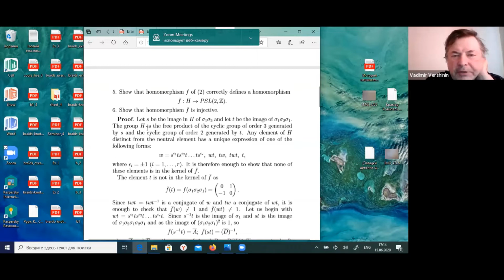And the group H is a free product of the group of order 3 generated by S. So this element becomes an element of order 3. This other element, of course, is an element of order 2, because by its square we determine the quotient group. So what does it mean that